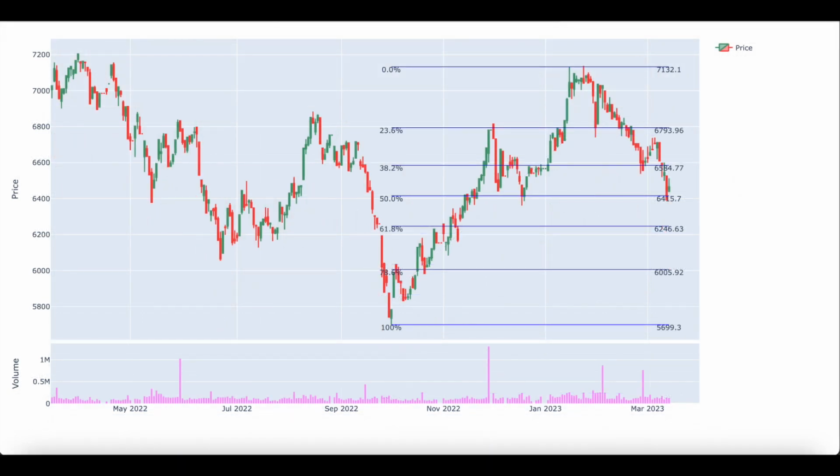Based on the different things I learned this quarter, I think that it is most likely that the PSEi will still go down until it reaches around 6,000 pesos in value. The reason why I think it will stop there is because 6,000 pesos is a whole number value and just 6 pesos below the 78.6% Fib level. That makes it more likely because it confirms two likely support types.